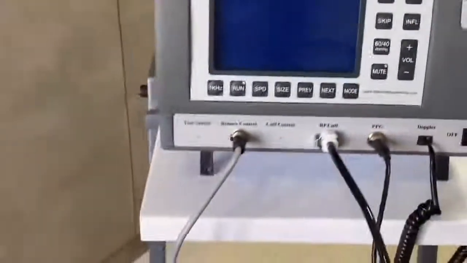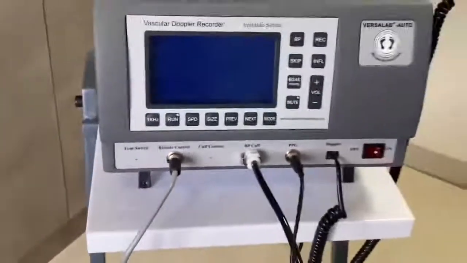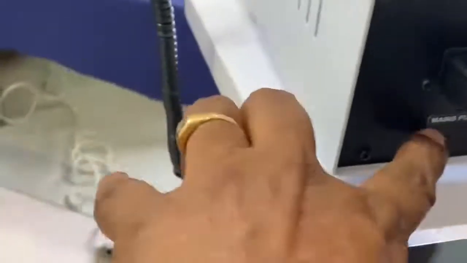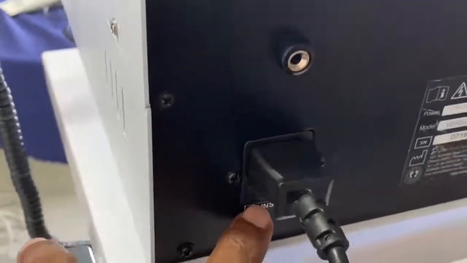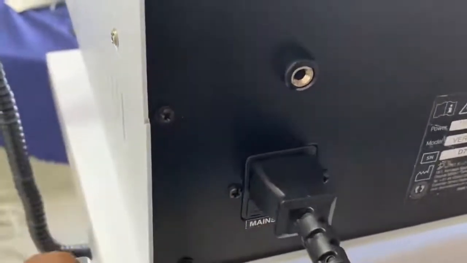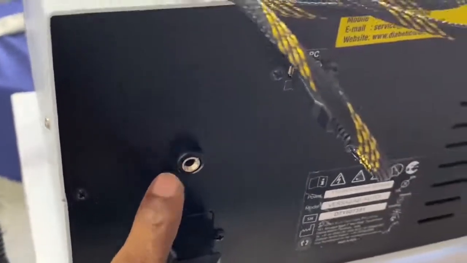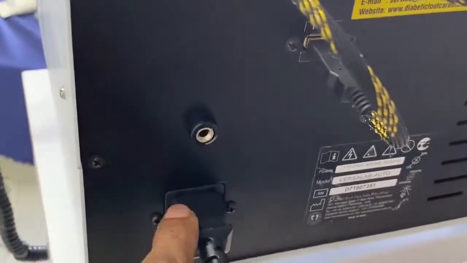We have an LCD screen. On the screen we will be seeing the waveform also. Mains cable, below that is actually a fuse. You have a fuse holder. You can remove it with a screwdriver. You have an earth. In case the wall socket does not have proper earth, we supply an earth cable.